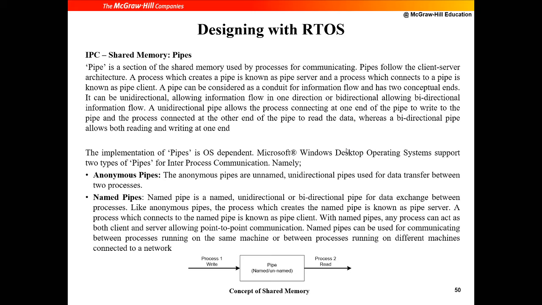In pipes, it's a shared memory area, again like a buffer, where the process writes its output into this buffer region, and the other process starts reading from this region. It's more like a pipeline or a FIFO queue kind of thing. It's similar to the shared memory we spoke about, but here it is a temporary memory region. In the previous shared memory, it was a fixed region. Here it's a temporary buffer, so this address could change.